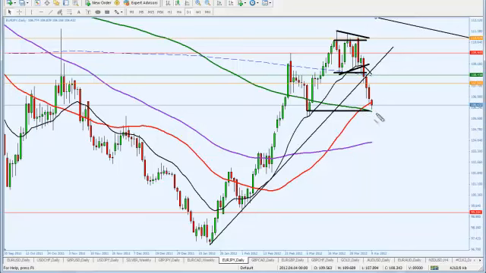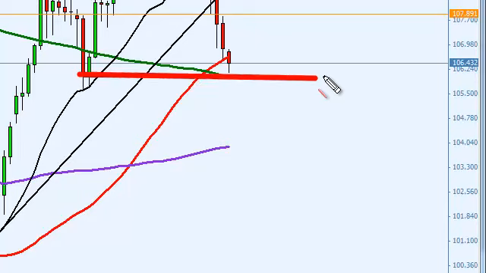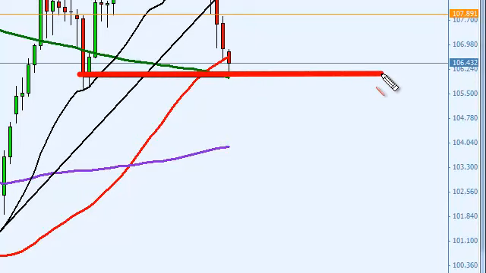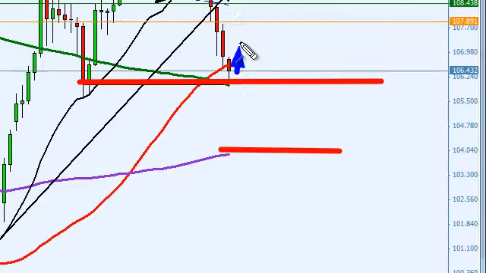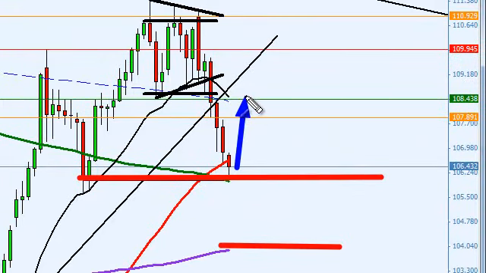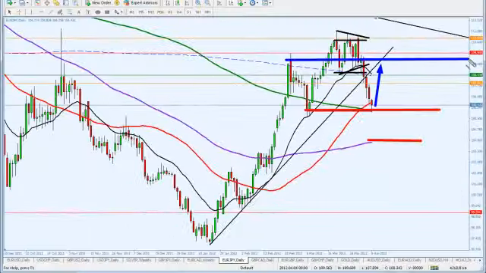And now we see that the price is moving down. The price now is facing this support here, the 160.20. If the price breaks to the downside, we could see that the price could go to the 104, or the price could retrace back up and go to the last broken area, which is 108.50 and then 109. The price could form hidden shoulders, okay, if the price reaches here, but we don't want